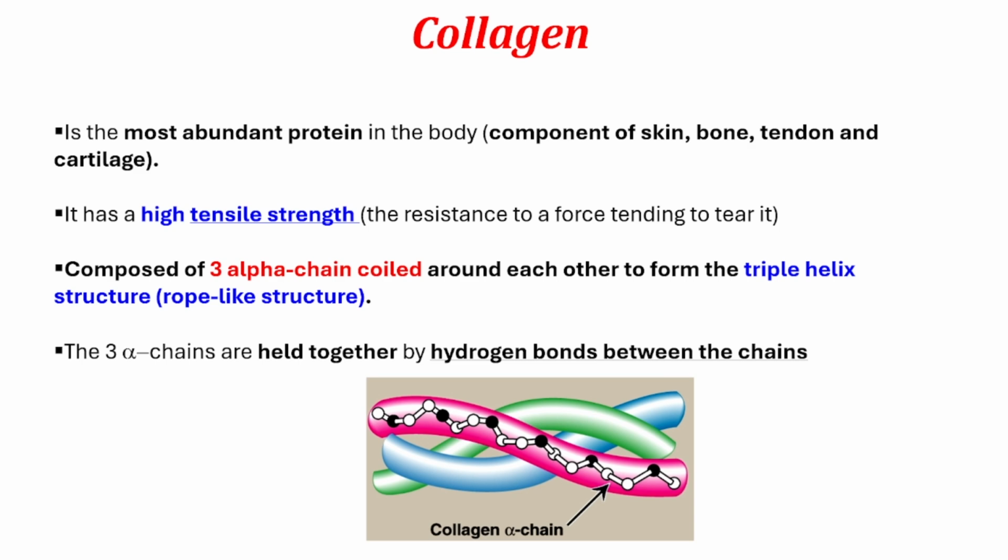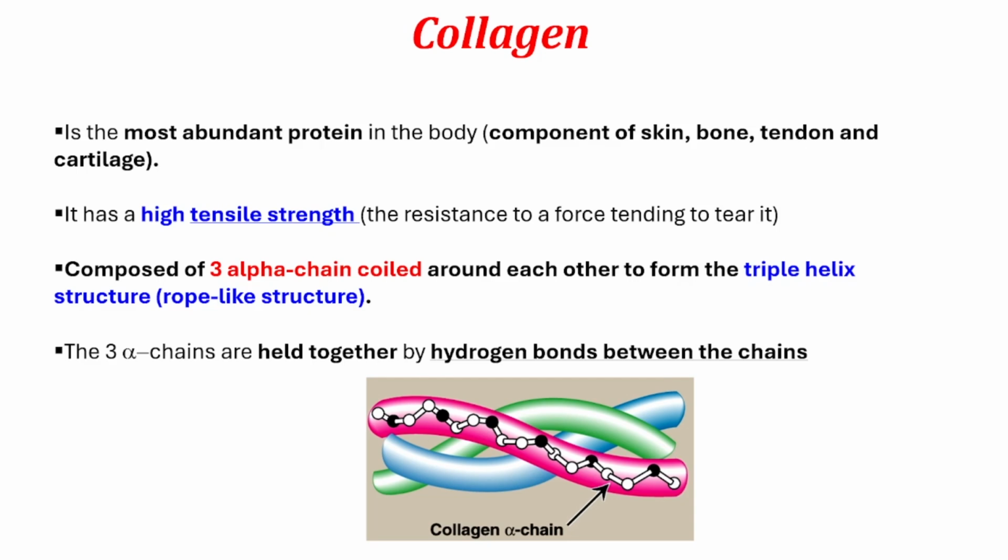What does it mean? If you try to tear your skin, okay? You cannot tear it indefinitely, you find a kind of resistance. So this resistance is due to the collagen, okay? So that's why the collagen gives the strength, what you call tensile strength, to oppose any tearing,